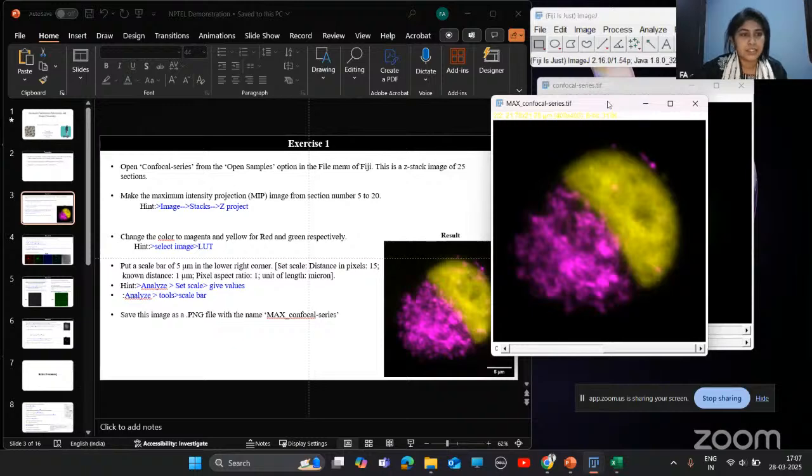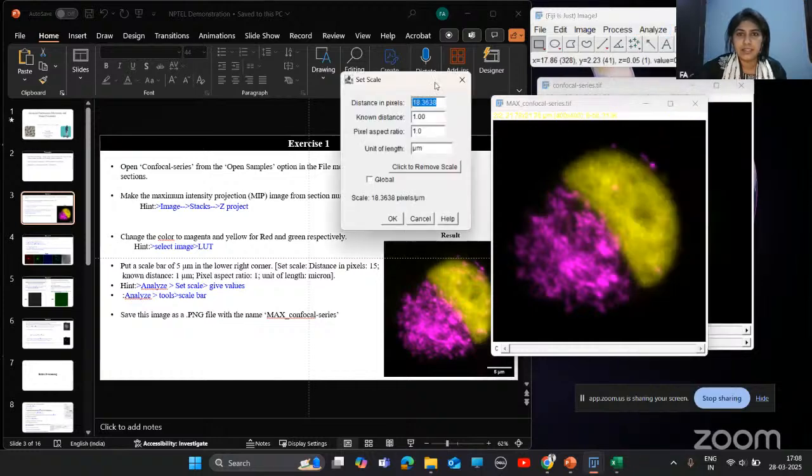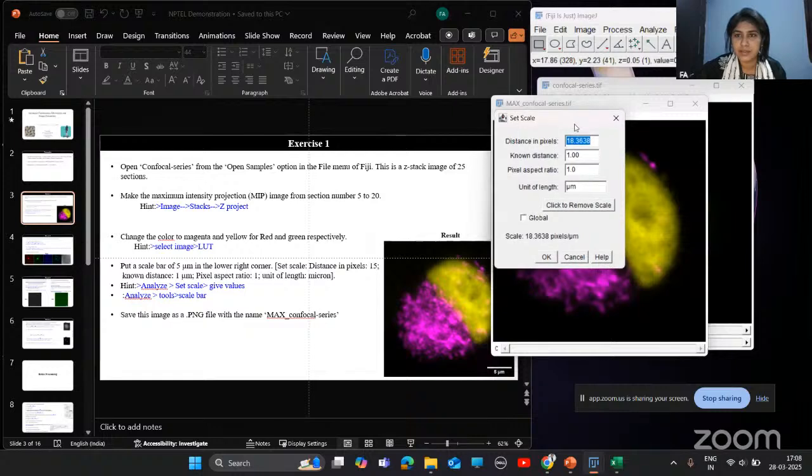Next step is you need to put a scale bar of 5 micrometer in the lower right corner. But before putting this scale bar, you need to set the scale. For this, you need to go to Analyze, Set Scale, and here you have to give these options.